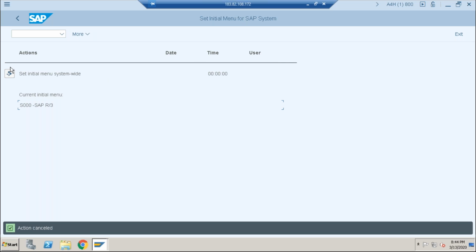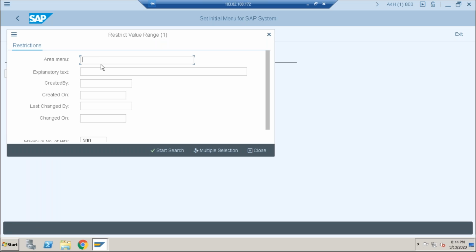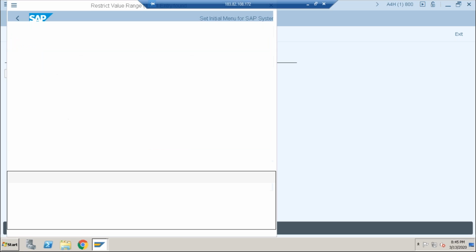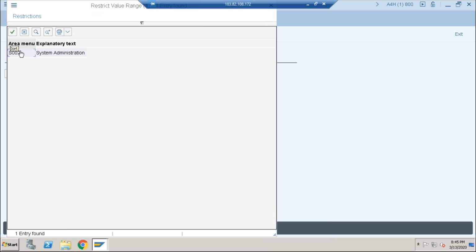S002. Administration menu required. I think that is S002 star. No star. So what is that menu here? That is the system administration menu. Just putting the star is better, getting the remaining menus also. S00 star.